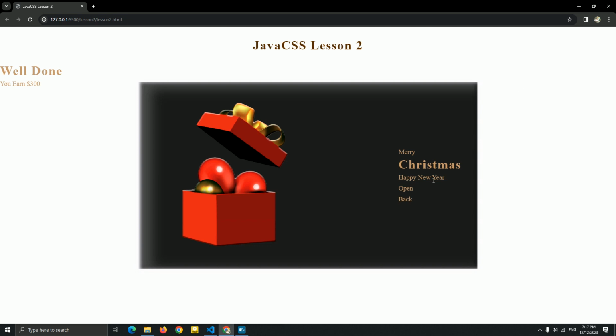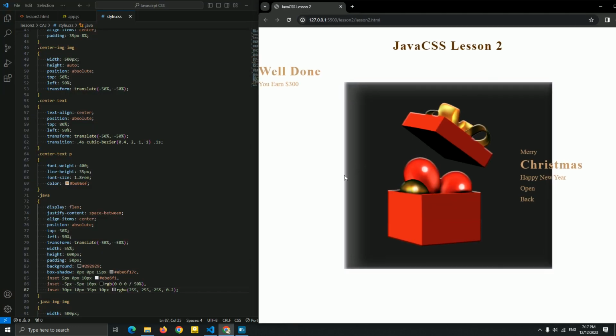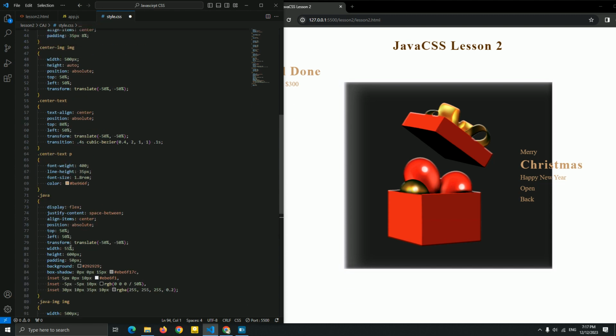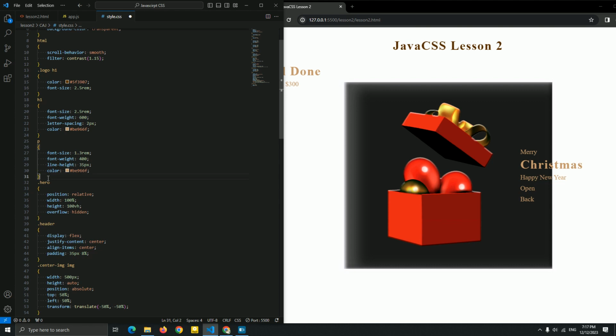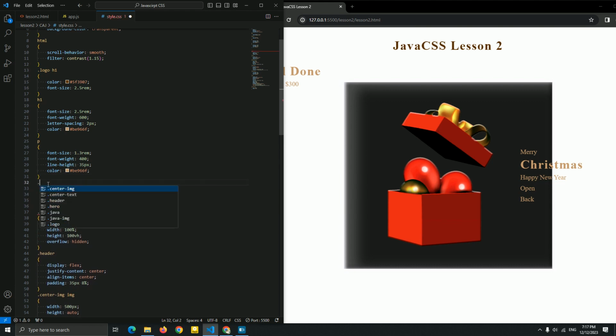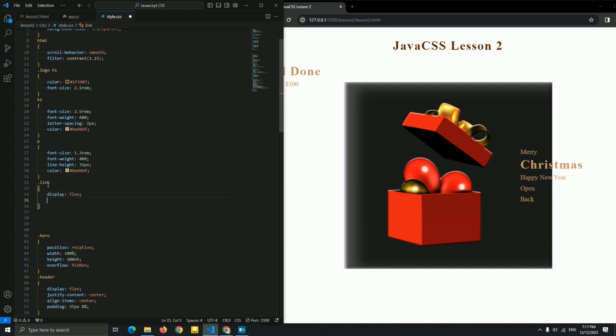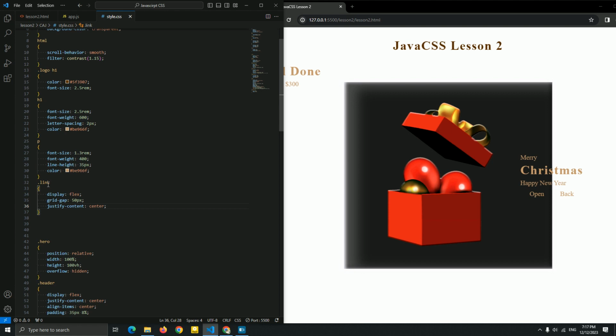Now let me add display flex for this link, as you can see it, guys, and we're gonna style it. So first let me just add it here. Okay, let me add it. Oh, you know what, let me add it in the top of this, be here. First, let me add a link to add a display flex, and let me add a grid gap for space. 50 pixels is enough. Justify content center. Okay, good. Now let us style of this a link or this p link.